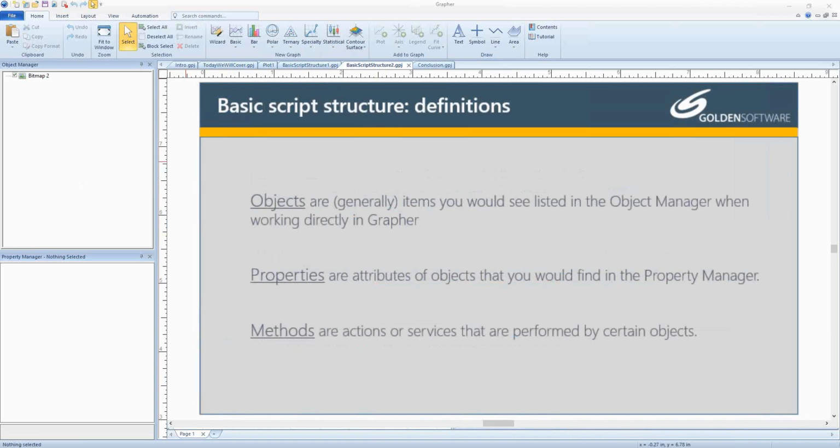A basic script will include a declaration for each high-level object required, and then additional lines of code that use assignments, methods, or properties to perform an action or change attributes of the object. For example,